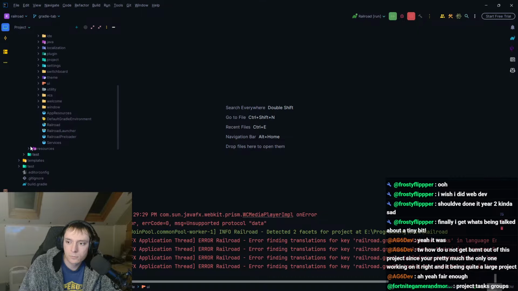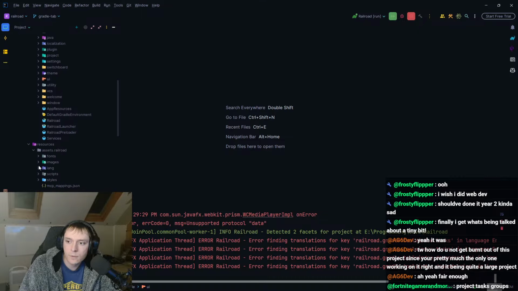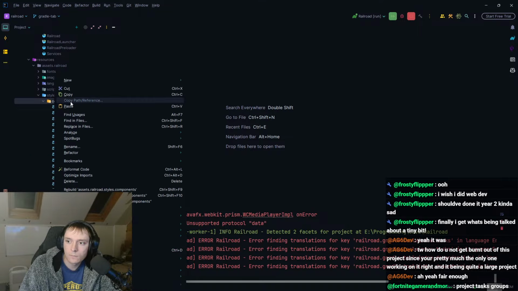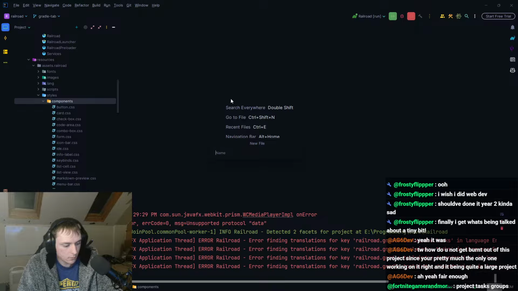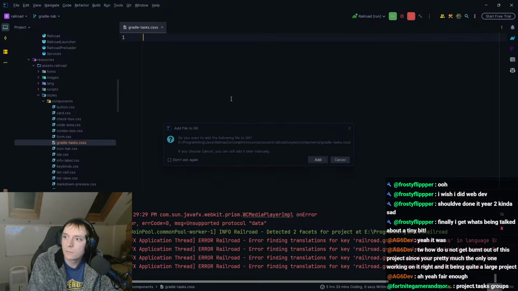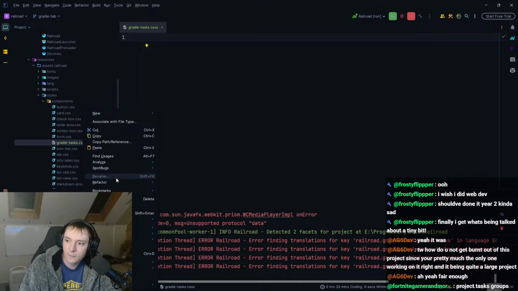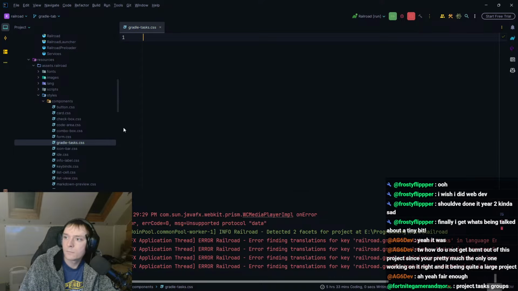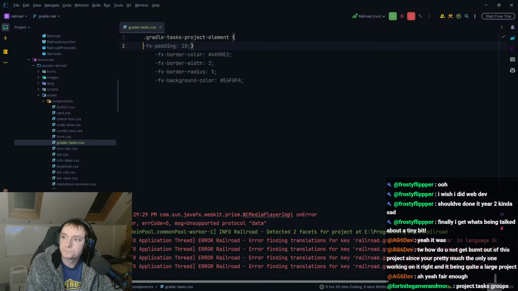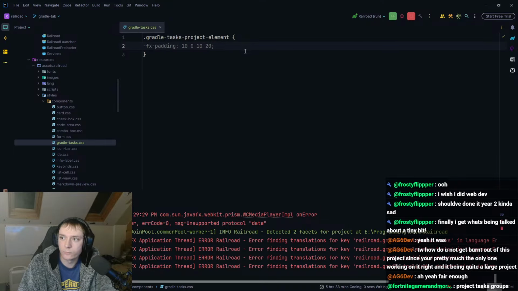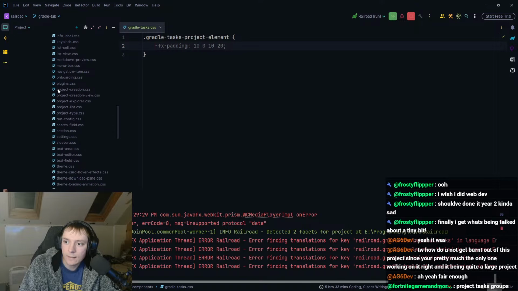So if we go into here, we're going to need a new thing for this. So let's create a new file. Let's call this Gradle tasks.css. Oops, too many S's. Rename. Okay, so then we can do Gradle task project element. So this will just be green, right? So actually exactly the same as